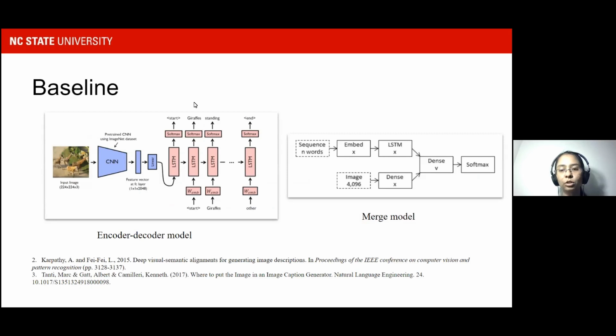For our baseline model, we have two models, the encoder-decoder model and the merge model. The encoder-decoder model follows the top-down approach. That is, the image goes to the CNN, then RNN, and then to the decoder. For our CNN, the encoder-decoder model uses the VGG16 model. The merge model is purely linguistic. That is, CNN and RNN are both different and then merged together in the decoder model. Here, the CNN model is the VGG19 architecture.